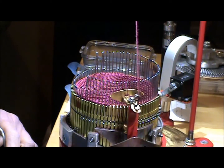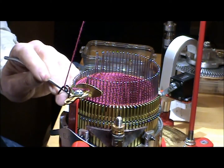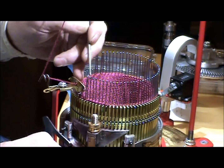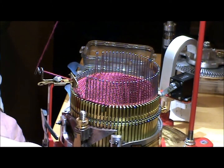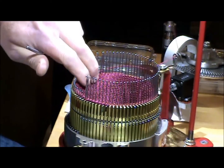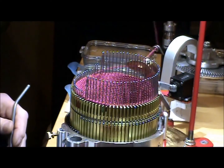Now watch, as I come around, the latches are going to try to come up, but they're caught underneath the yarn carrier. And that holds them open until the new yarn can come in, be laid into the hook, and then the needle is pulled down and the latches close automatically. Doesn't require any manual manipulation of any kind. Here's on the other side, and you'll